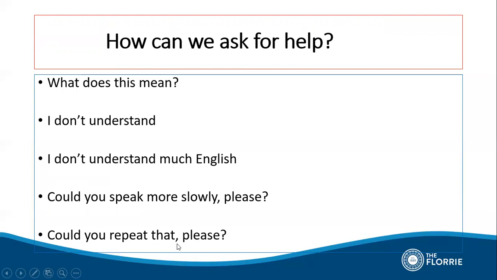If someone says something to you and you understand some of it, but you might just want a little bit repeated. So if you repeat something, it means you want to hear it again. So could you repeat that, please? So I call this section, how can we ask for help? Okay, so there's 5